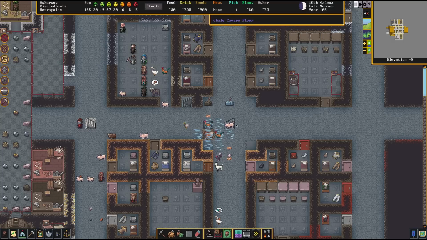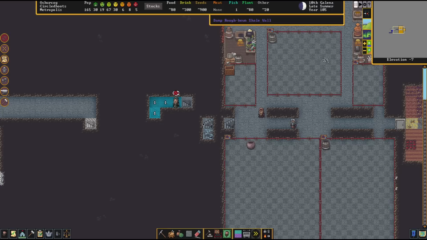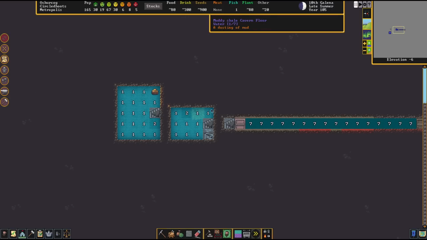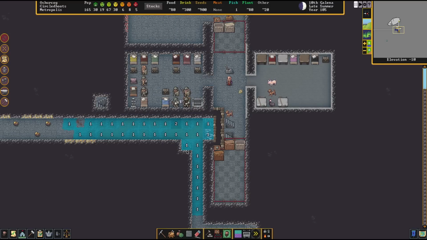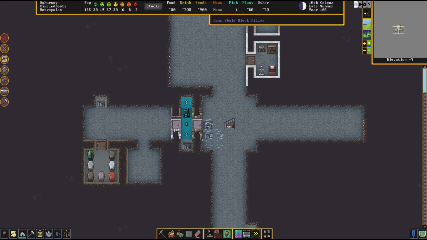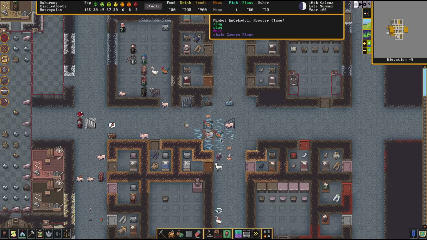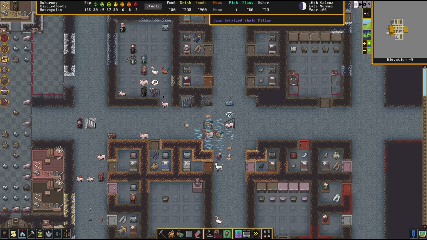The gist of it is here you have a poor man's mist generator. You don't need energy for it, you don't need maintenance for it, you just need to carve downstairs from an aquifer layer and just make sure that the water has some way to exit the map, and you're donezo. That's a really simple way of creating a waterfall, and it spreads happiness very easily,